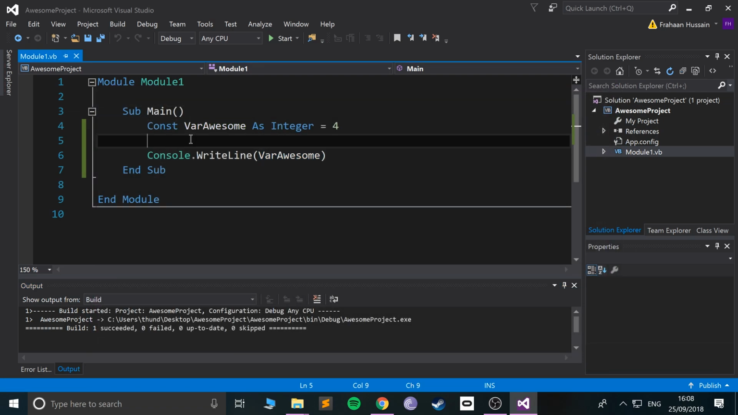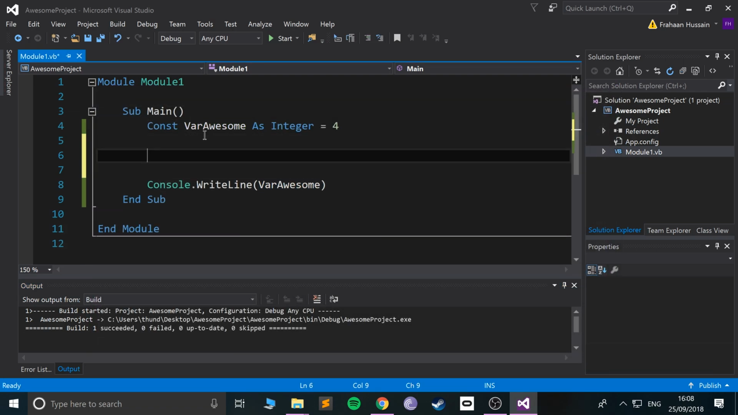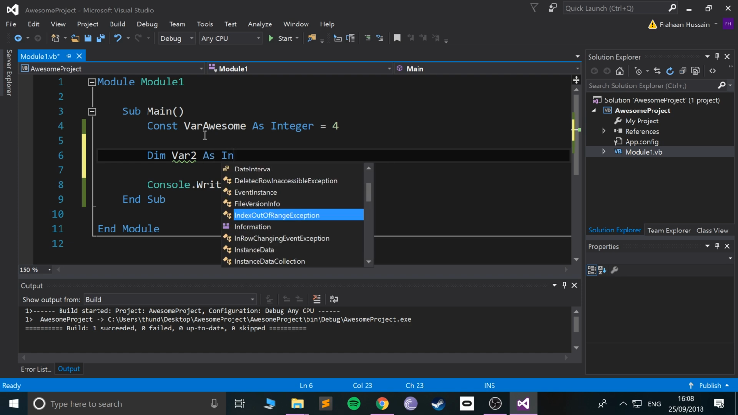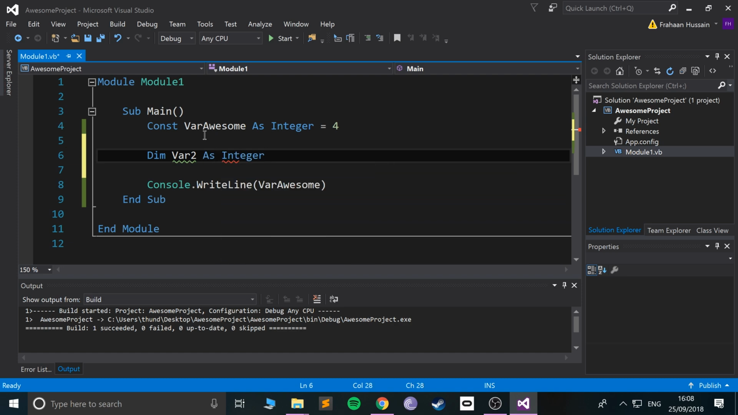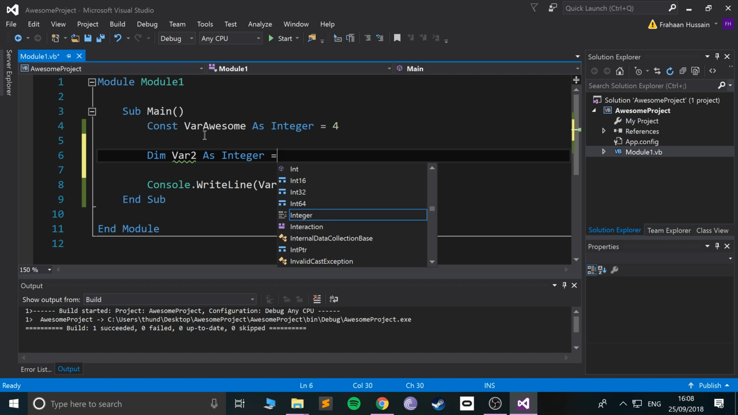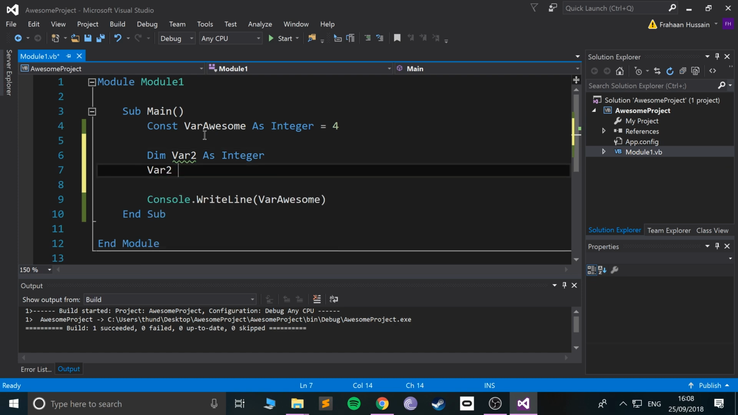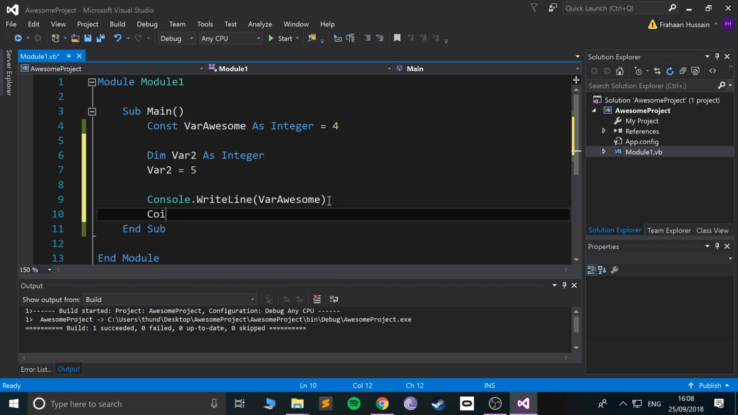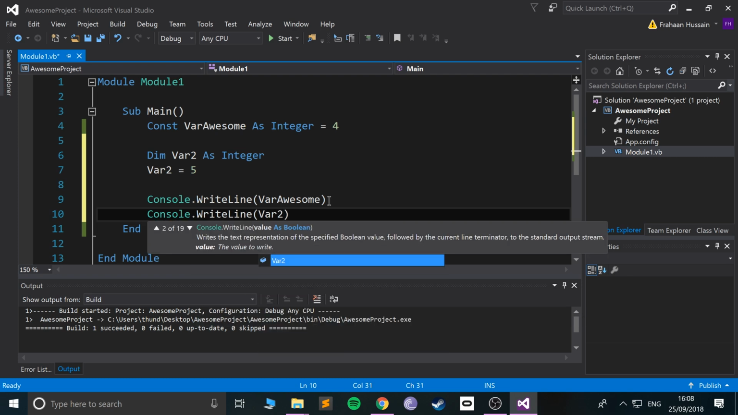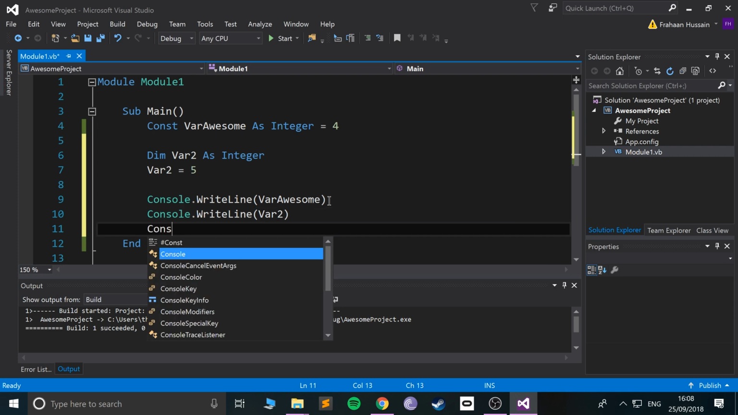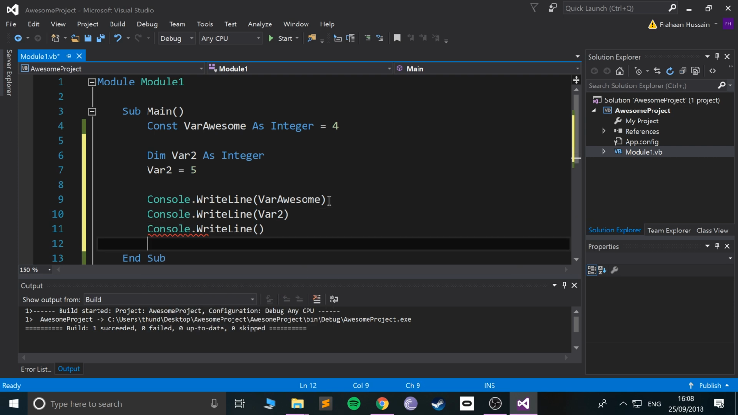That's pretty cool. And before we go into trying to modify it, let's just create another variable. So call it var2, and we'll keep the same integer. We could assign the value here, but we'll assign it afterwards. So var2 equals 5. And if I do Console.WriteLine var2, then if I do Console.WriteLine,